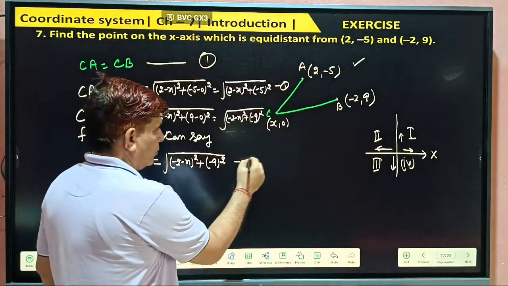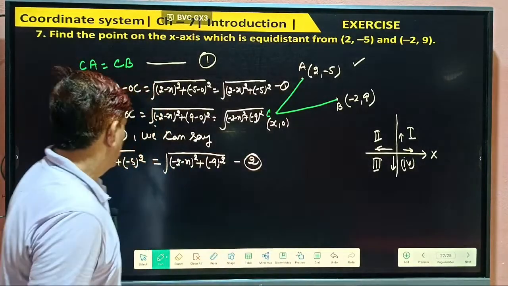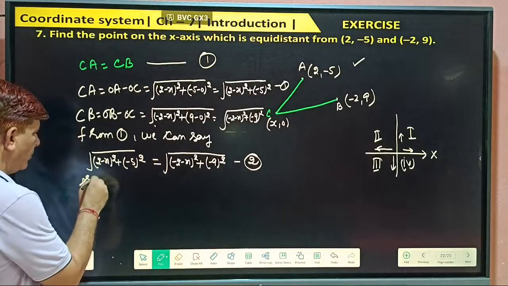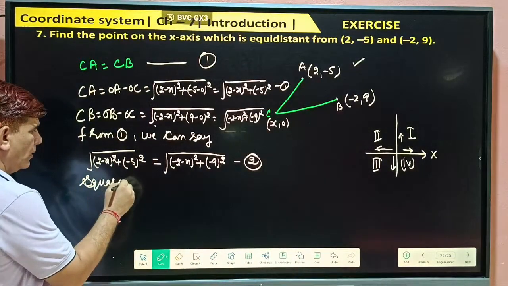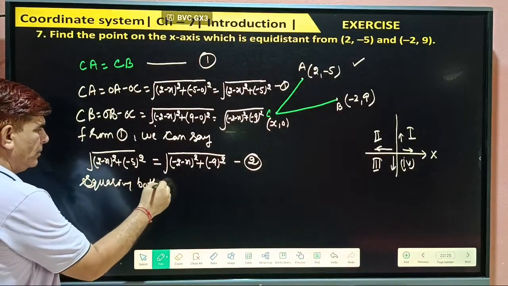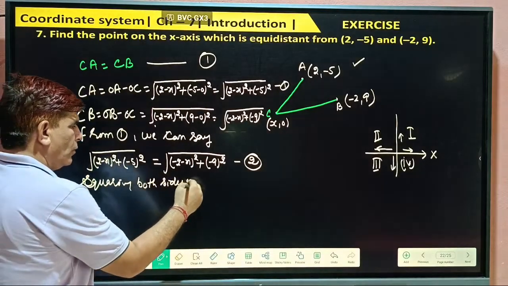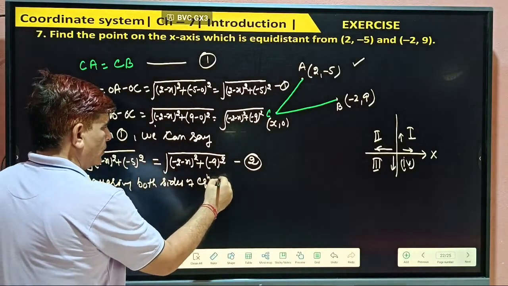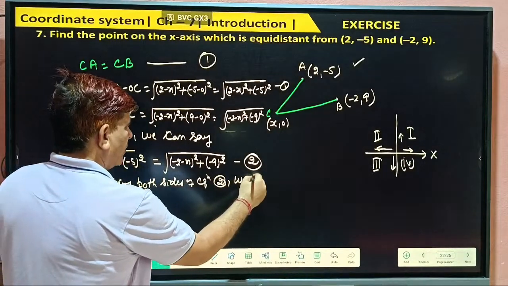This is your equation 2. Squaring both sides of equation number 2, we get: